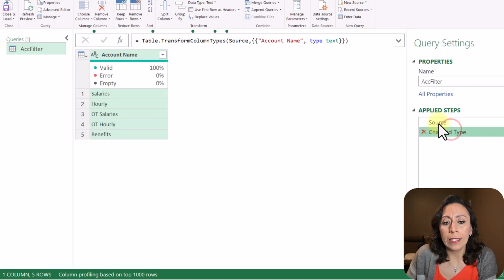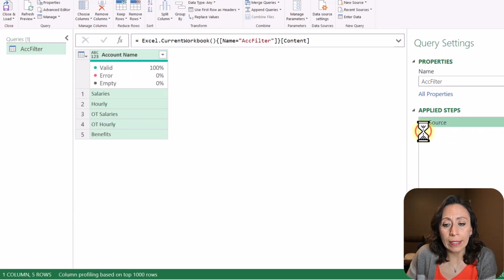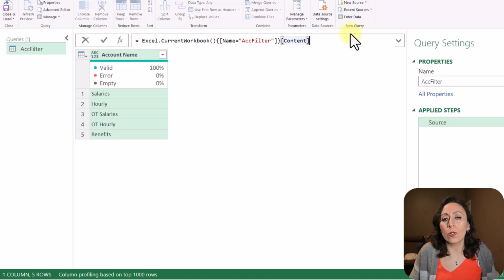I don't need the change type. I'm going to delete this step. I'm just going to keep the source. I don't need to change any data type. I'm fine with this information as is. As I said, I need to convert this into a list. And remember that to convert this into a list, we are just going to have a projection here, which I'm going to open one set of square brackets, and I'm going to put the name of the column right here.